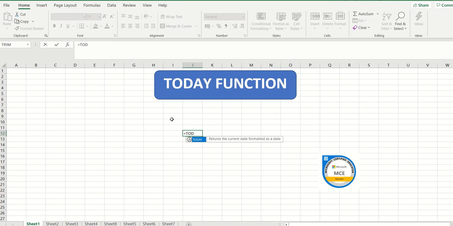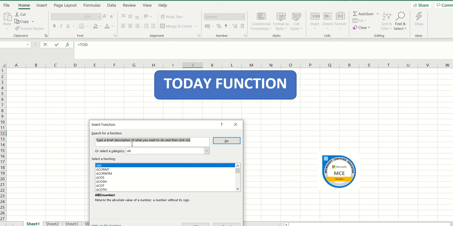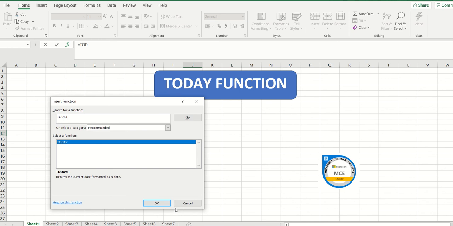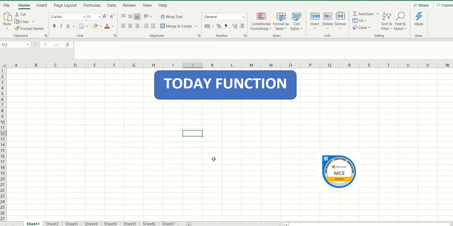So there are two ways, I would say three ways. One is to manually type it in, or Excel will automatically show you the formula we are going to use. Or else, if you are using the upper left hand side corner, you need to select it, go to More Functions, type in today, click on Go, and it is going to show you the function, which I can click OK. This is also one way of doing it, but let's go through the easier way.